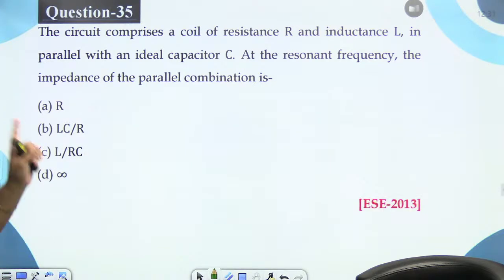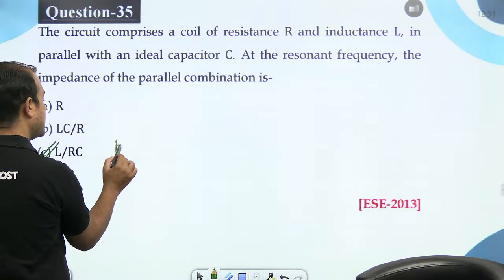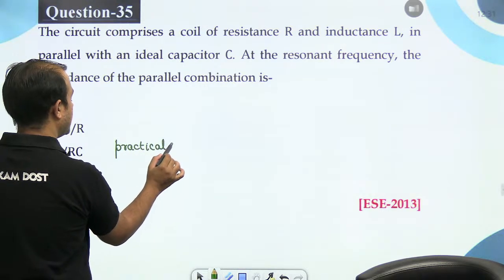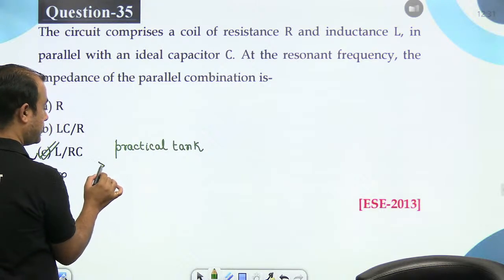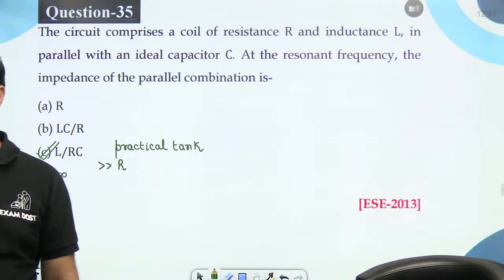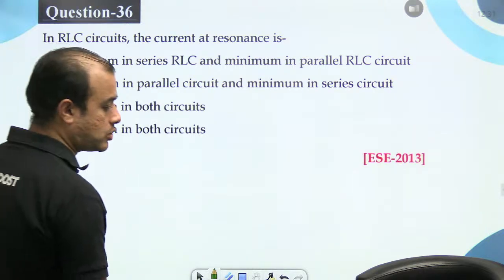Yes. Circuit has a coil of R and L in parallel with C. At resonance frequency the combination is, as I told you just now, a practical tank circuit. You can remember this, and this value is much greater than R. This value is much greater than R. C. In RLC circuit, the current at resonance is,